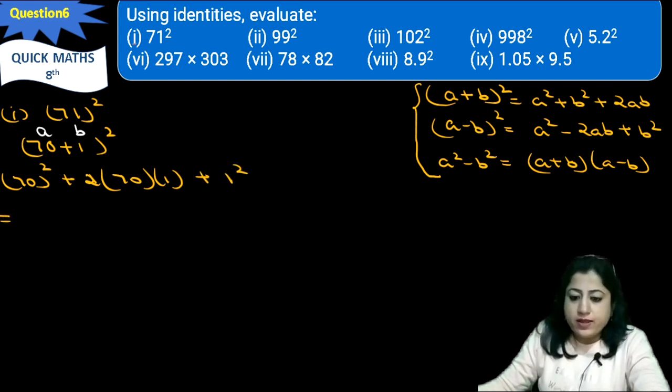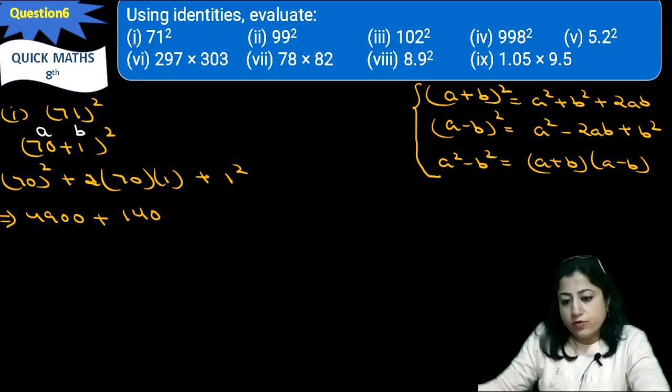So it can be written as 7 square, it's 49, 0 square is 00, plus 2 times 7 is 14, and 0, so 140, plus 1. So addition of this will give us 0, 0 and 1. It will be 1, 0 and 4, that is 4, 1 and 9, that is 10, and 5041.